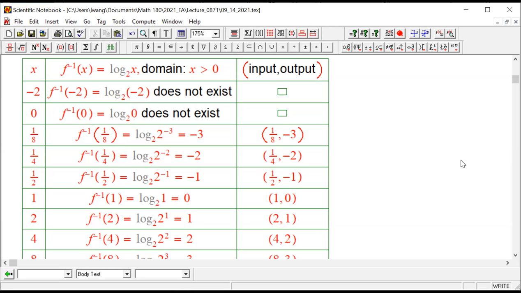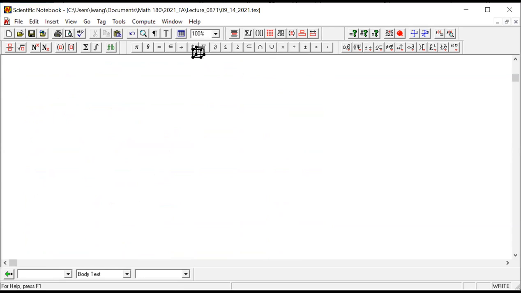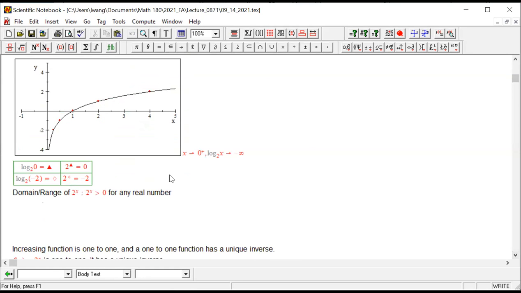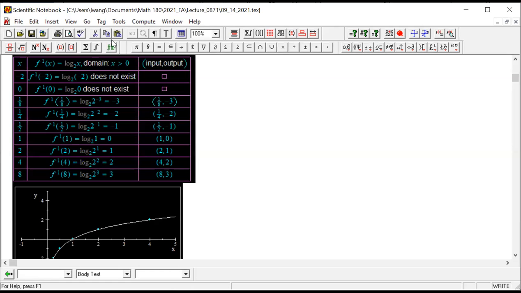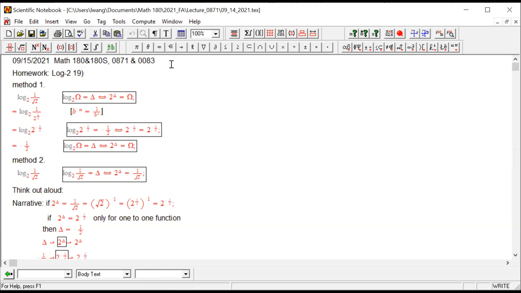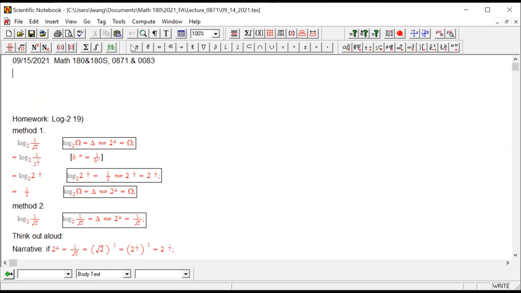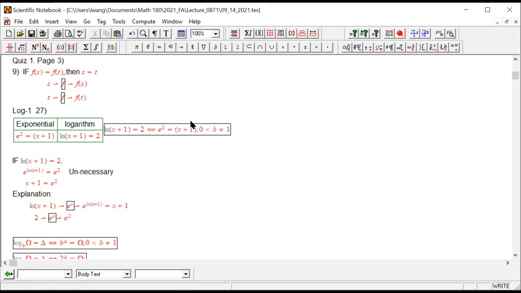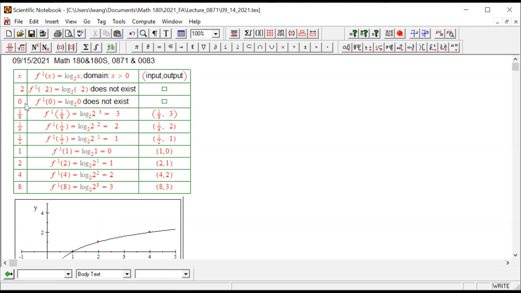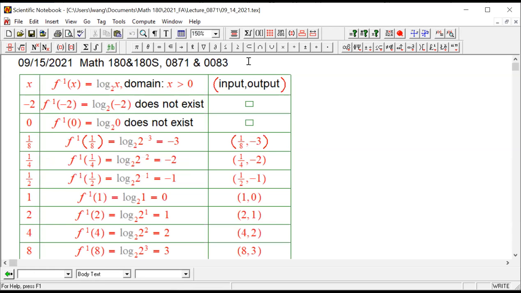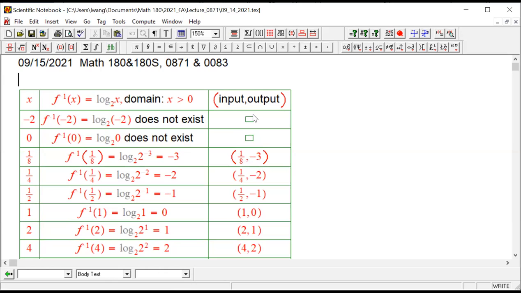Domain, range, right? So I'm going to bring this to the top. I want you guys to bring your summary with you. Okay, so that's enough. Summarize. Okay, so this is what we left off. Okay, summary on